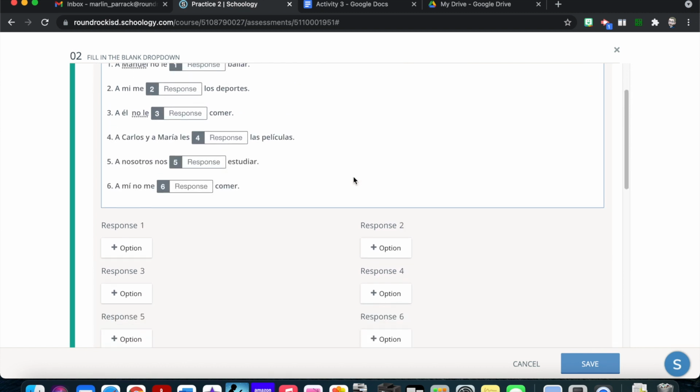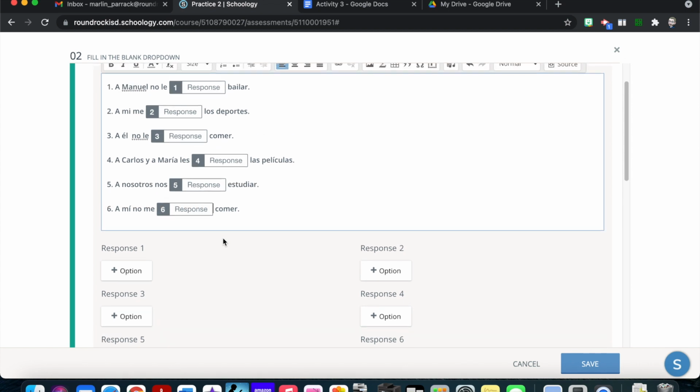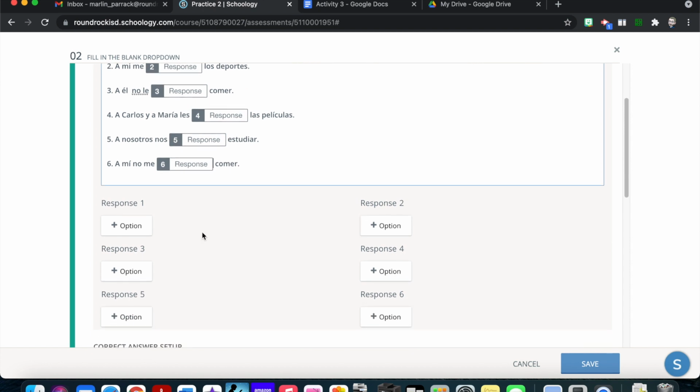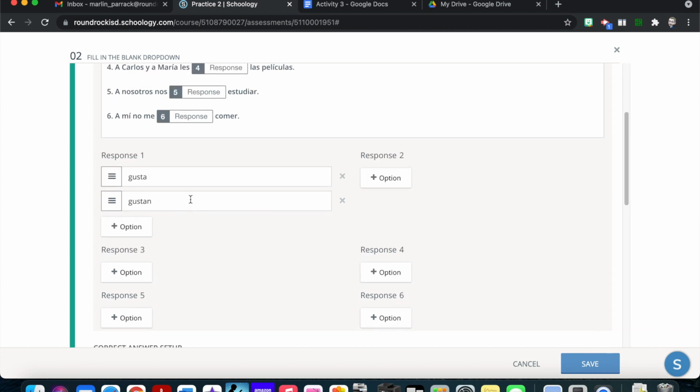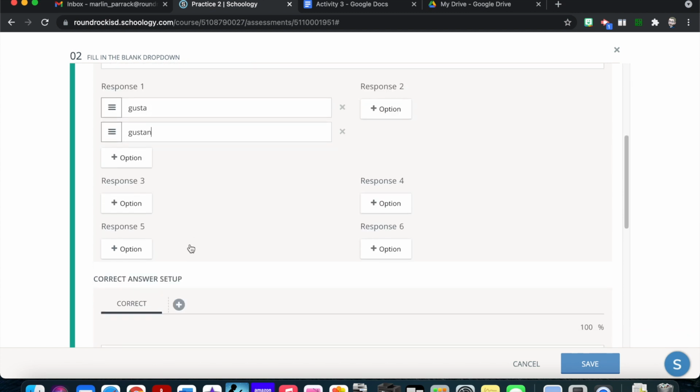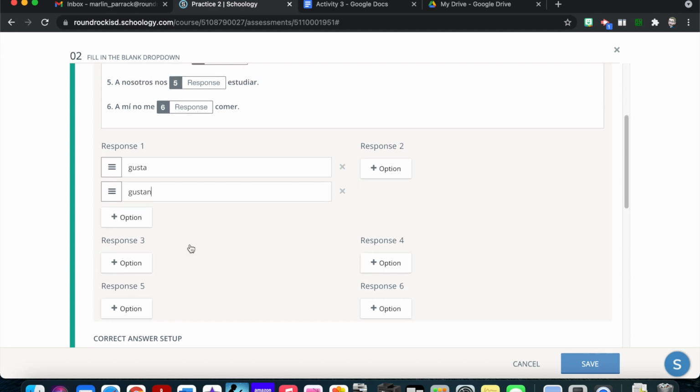Now for this, you have to put in all the options for the responses separately for each response box. So the two possibilities are going to be gusta and gustan. And unfortunately, when you have the situation where they're all going to have the same choices from the drop-down menu, there's no way to expedite doing this other than you have to just copy and paste each of those into each of the sets of